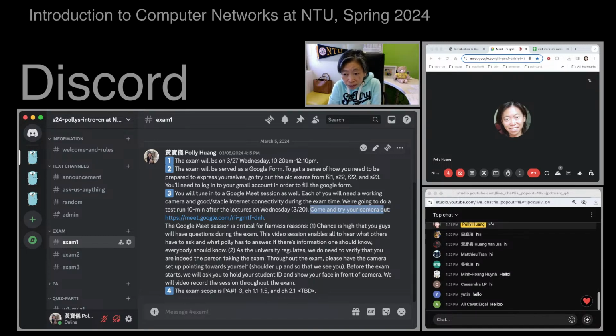There's a testing session next Wednesday, right after the lecture. After the lecture, before you go to lunch, you might want to quickly tune into this Google Meet session, and Polly will let you know whether the camera is working or not. You might also want to go to the place you plan to take the exam, so the network condition will be tested as well.